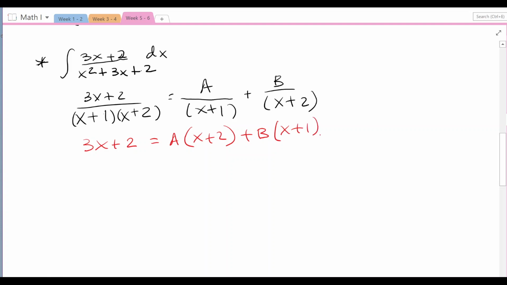So we can check for equivalence in this case. For the first term, x, the coefficient is 3, therefore our first equation, if you like, we can generate: 3 equals, in here we have Ax, so one of them is A, and in here we have B, so 3 equals A plus B. So this is our first equation. For the constant, we have 2 here, so the constant on the right-hand side consists of 2A plus B.